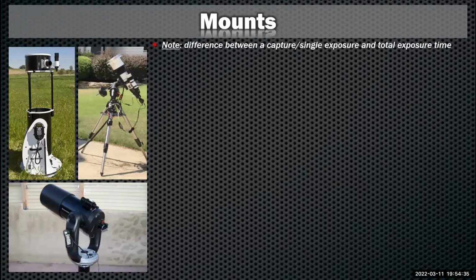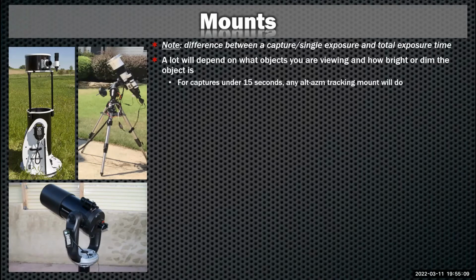I'll talk about it in this section, we're going to make sure we understand the difference between a single capture versus the total exposure time. So in other words, a single capture is, again, what you would think of as just one snapshot, one picture, and then when you add those together, that's your total exposure time. So a lot's going to depend on what mount you need, depending upon what objects you're trying to view, how bright or dim that particular object is.